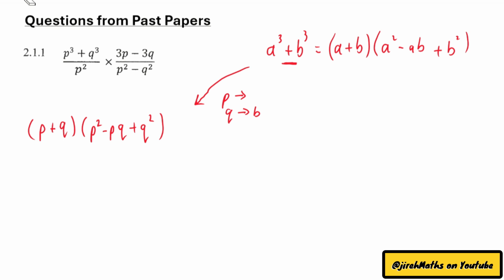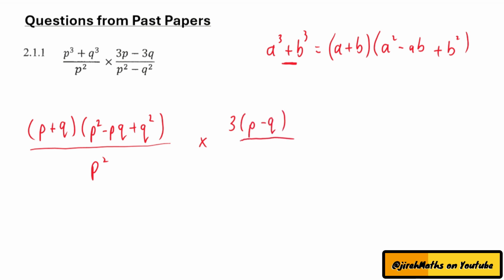Okay, let's continue. So that's the first bracket all over p squared times, let's take out 3 as common factor, so we'll have 3 times p minus q if we take out 3 as common factor, and the bottom is difference of squares, so it's p minus q, p plus q. Now we can cancel terms out. p plus q cancels with p plus q, p minus q cancels with p minus q,